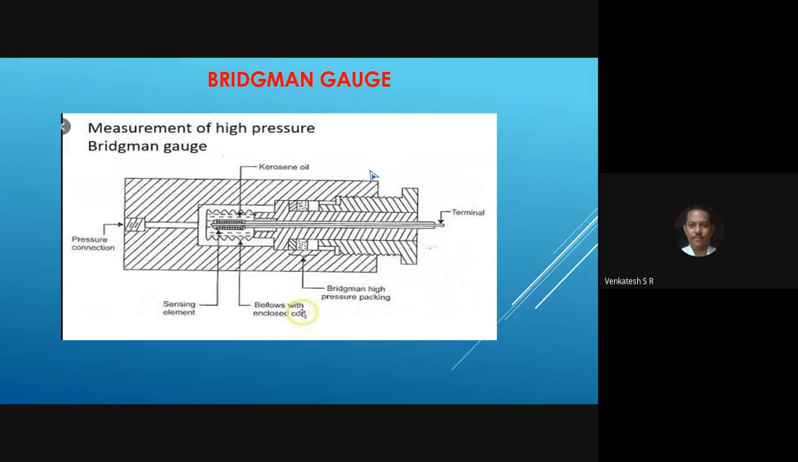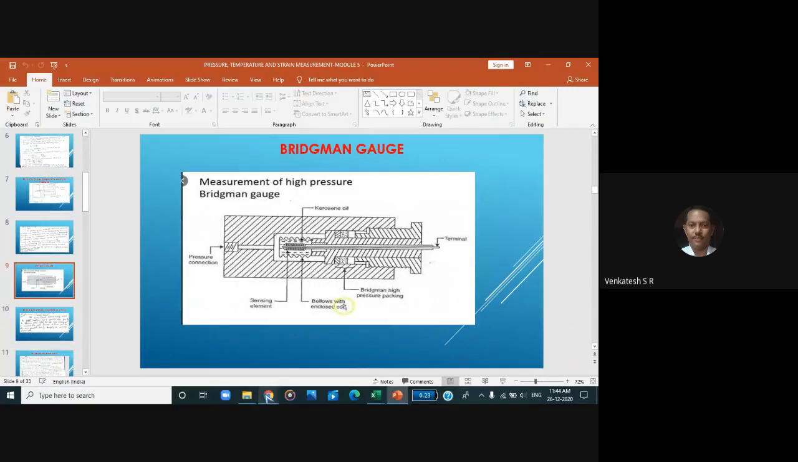So this is the last topic in pressure measurement. Now I will stop at this stage, and all of you please write your